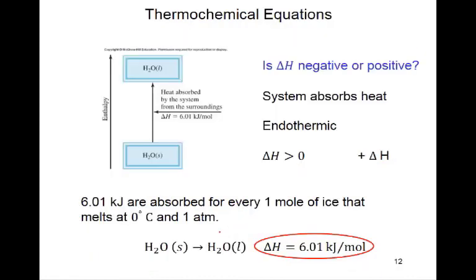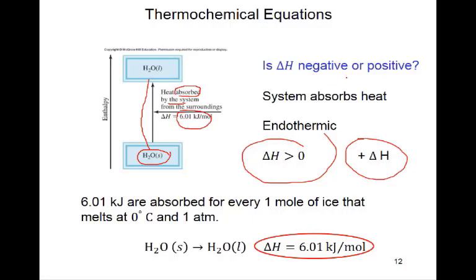So now again we have to see whether the energy increases or decreases. This is solid water, which means ice. Ice changing to water means melting. So heat is absorbed, meaning heat is taken in by the system from the surroundings, and this quantity of heat is plus delta H. So delta H is greater than 0, it is positive. This is called endothermic. And this is the reaction.